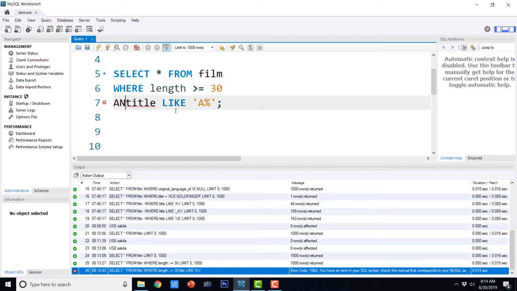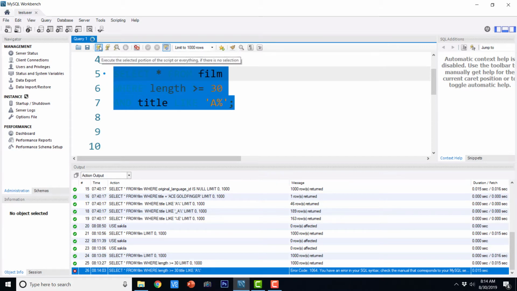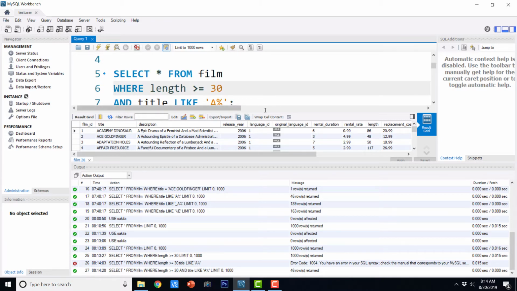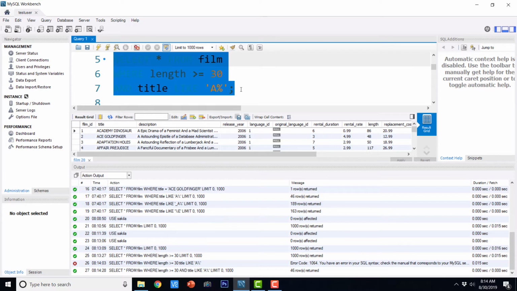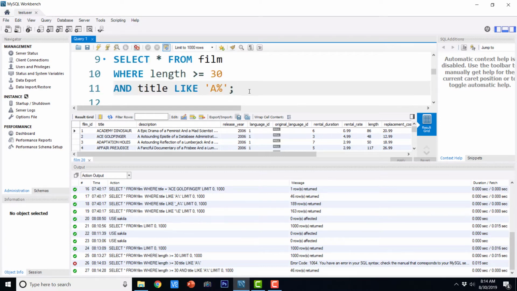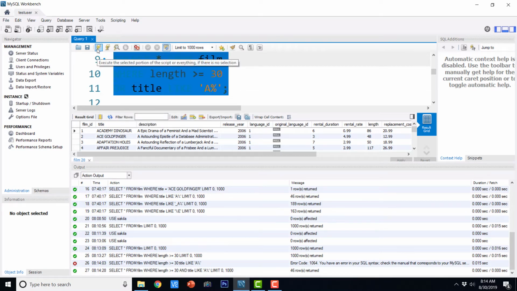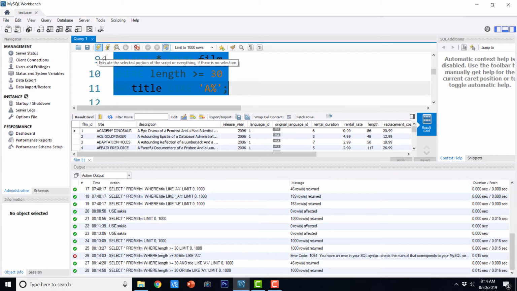So in order to make it interpret, I can just say and. Whenever both the conditions are true, it is going to return us that particular row. Okay, so this is the and operator. Similarly, we can have the or operator. I'm just going to copy this and paste it like this. Here if I say or, then when any one of these conditions is fulfilled by that particular record, the database engine is going to return us the record. So this is the output.